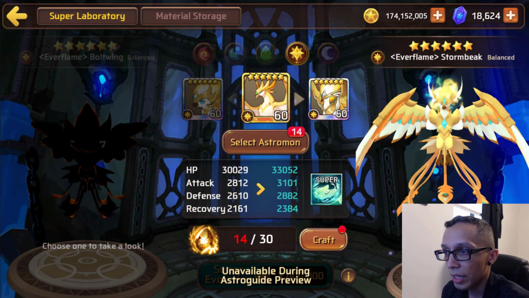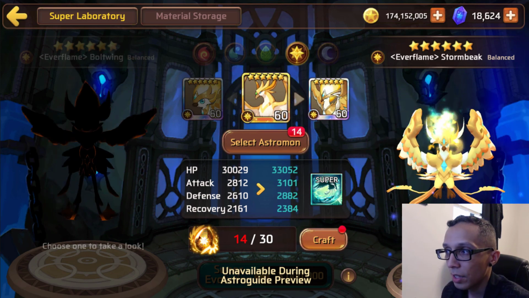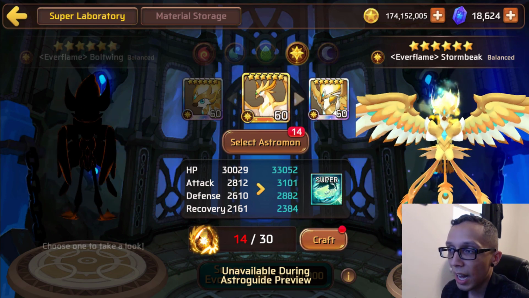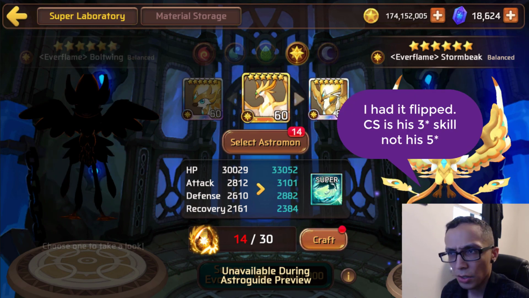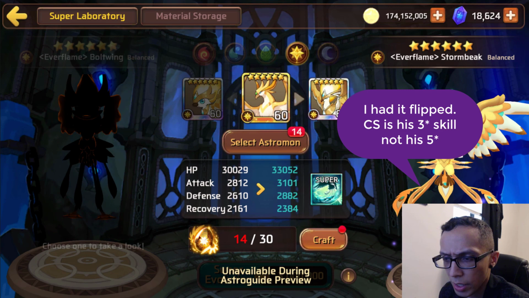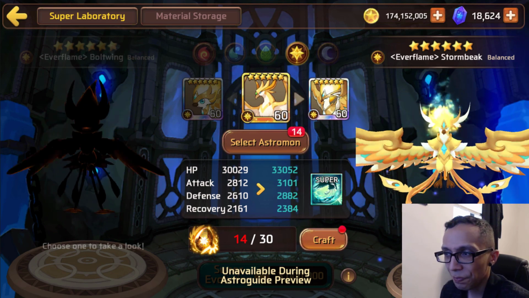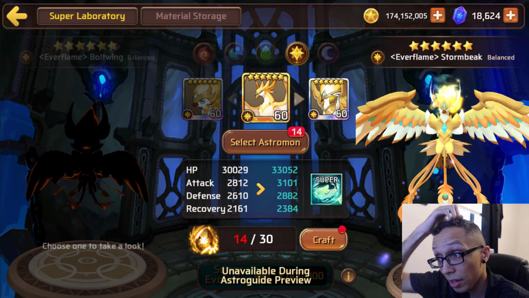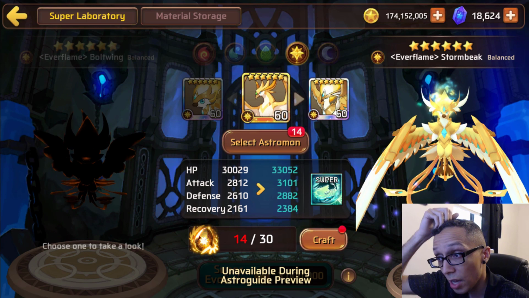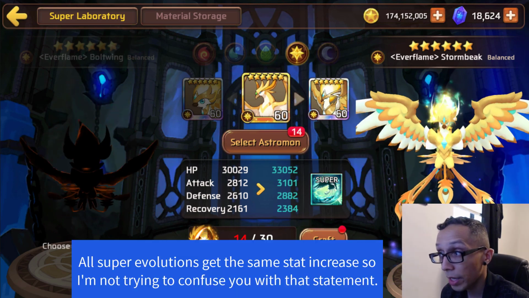Roughly 200 more defense and roughly 300 more attack. But his main setup anyways is just the exposed weakness, and obviously if he can get his courageous strike off, that's super duper useful as well, as long as I'm recalling the skills correctly where it's exposed weakness then courageous strike. But in terms of stat increase, it's not that big comparing him to the other ones, but I still think it's worth it, at least in my opinion, especially if you have Boltwing on your team,